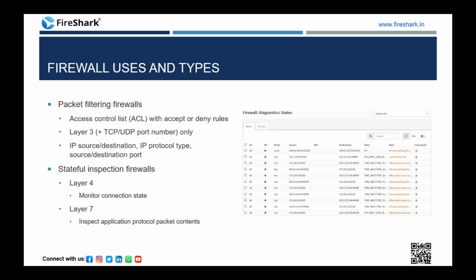So, packet filtering firewalls are one of the earliest types. They work at layer 3 of the OSI model, examining the headers of IP packets. Rules are set in the network access control list, specifying actions for different types of packets. The actions can be allow, permitting the packet, or deny, blocking the packet, and optionally logging the event. These firewalls consider information such as source and destination IP addresses, protocol type, and port numbers